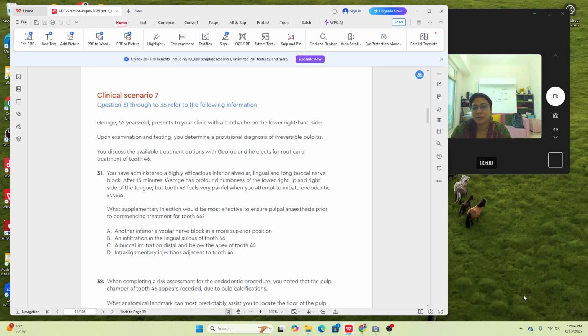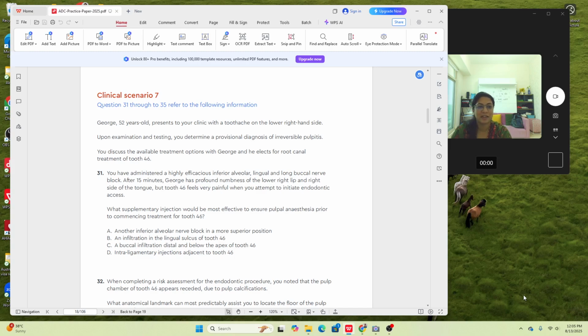So you have administered a highly efficacious inferior alveolar, lingual and long buccal nerve block. After 15 minutes, George has profound numbness on the lower right lip and the right side of the tongue. So basically the inferior nerve block has acted, but tooth 4-6 feels very painful when you attempt to initiate endodontic access. Very classic